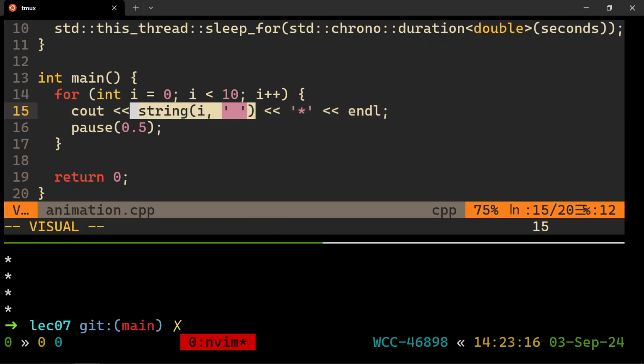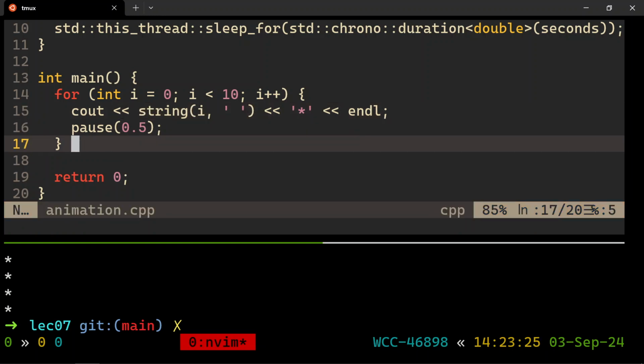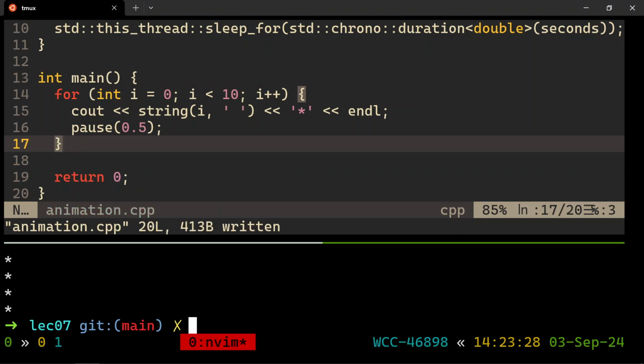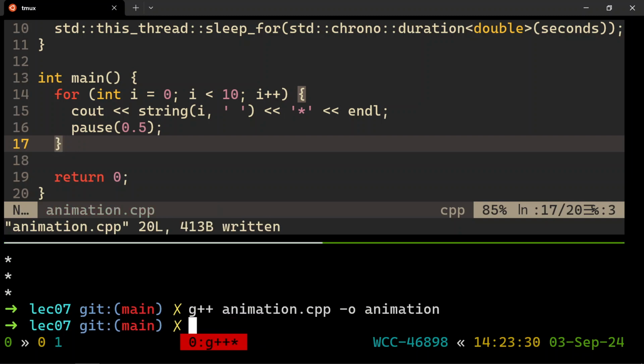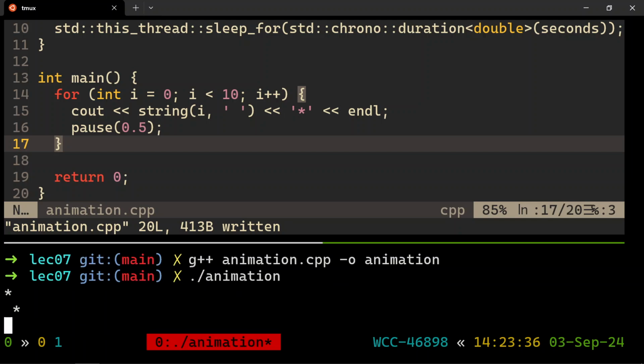I'd like a string of i many space characters, and at the start, on the first line, I will have 0 space characters, and then the star. And then on the next line, we have 1 space character, and then the star. Do you see how that's going to print over? It's going to blow over the star each time. So watch what's going to happen here. When i is 2, it's going to make a string of 2 spaces, and then print the star after that.